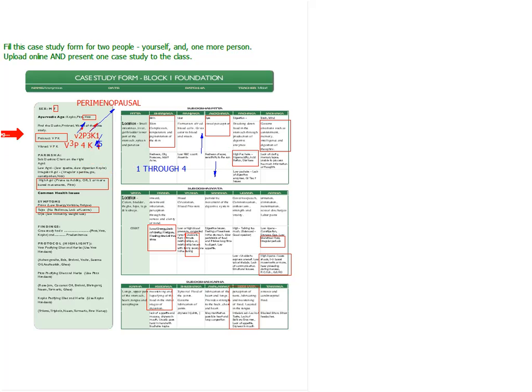All we need, we don't need the protocol. That is completely, you know, if you can do it, that's amazing. But you just have to write at the end, the case study had Pitta dominance and a Vata dominance. So some Pitta Vata issues are happening here. That's all we want you to do.